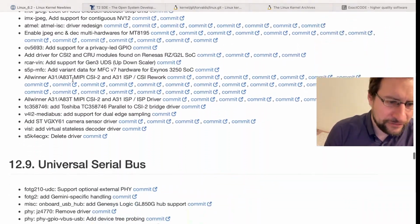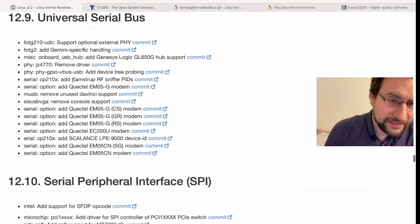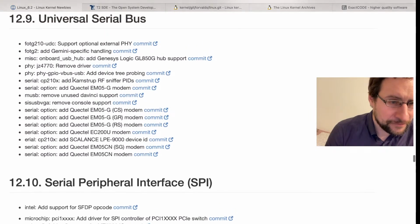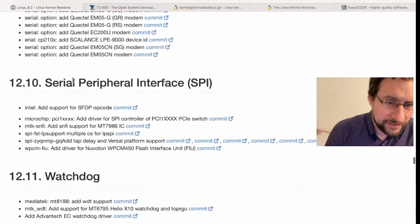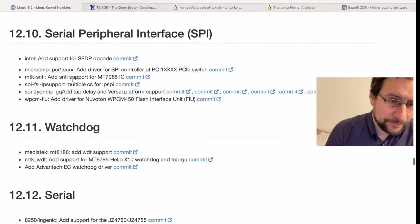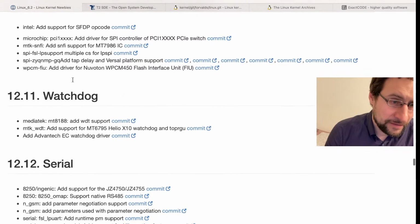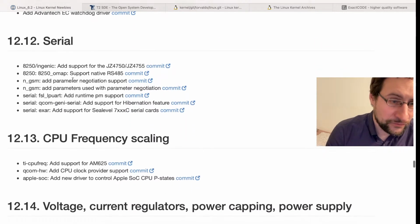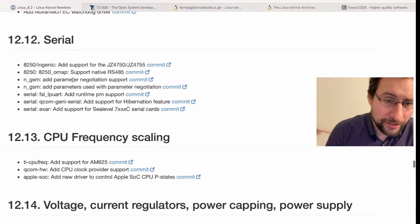I2C, changes, drivers, improvements, universal serial bus. What did we get there? Lots of changes. Serial, physicals, SPI, Intel, SFDP, Microchip, watchdog, serial. Hey, we still fiddle with 8250, Ingenic for maybe the MIPS CI20, but otherwise 8250 OMAP support native, RS485